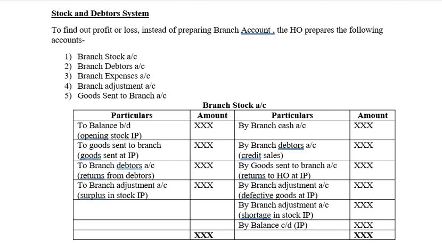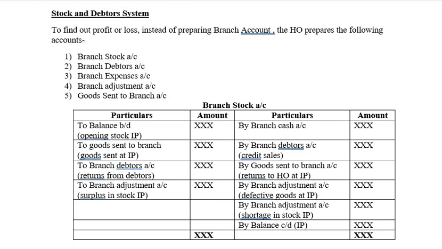In this unit you have studied the methods where the branch sells the goods supplied by the head office for cash. That was the first method. The second one was where the branch sells the goods supplied by the head office for cash as well as credit. The third one was wherein the goods are supplied by the head office at invoice price. So in the previous class we have solved problems based on the invoice price method, that was IP.